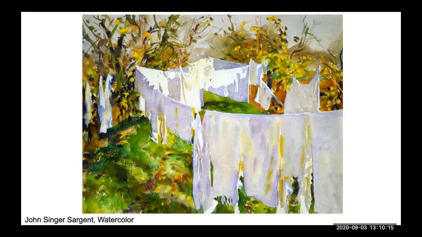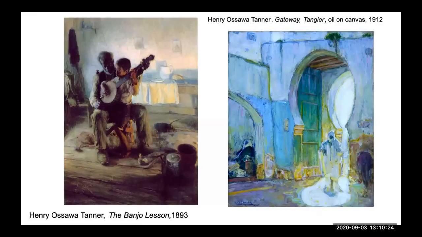Whenever you have a shadow or a neutral tone to paint, I challenge you to think about John Singer Sargent and reach for a color that's on the other side of the color wheel, but that's very specific based on what you need. We're going to look at Henry Osawa Tanner once more because his use of chromatic neutrals is